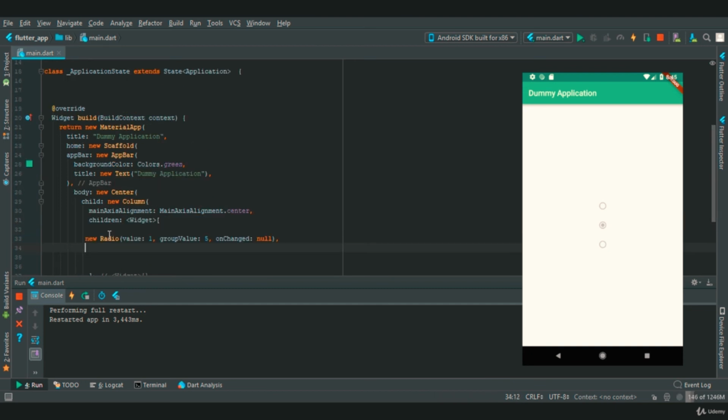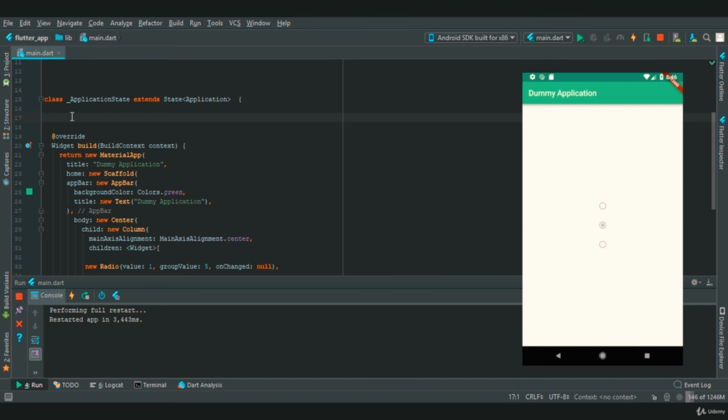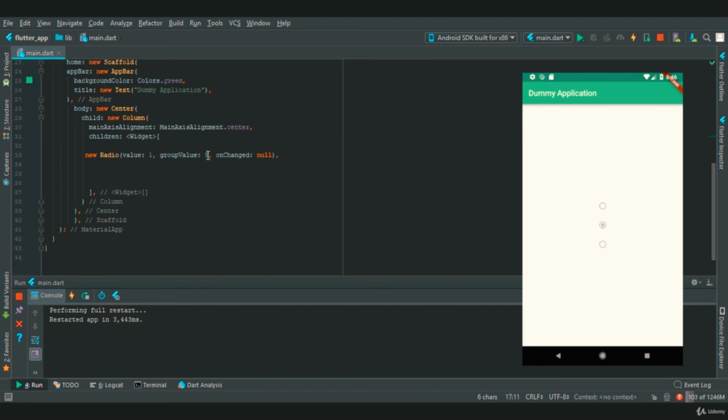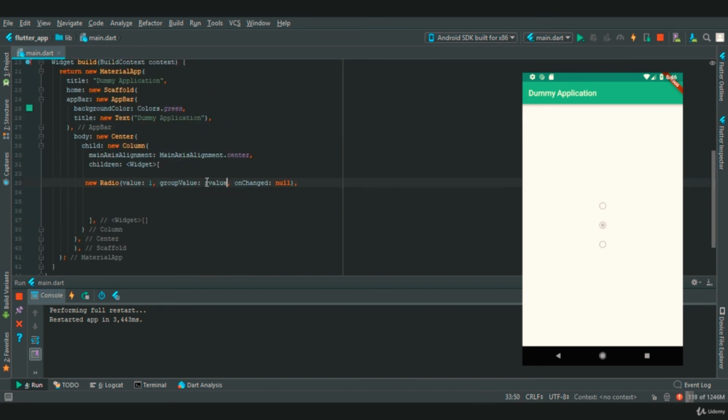So for that, let's create a new int variable, let's say rvalue is equal to 0, and let's assign this rvalue to group value.